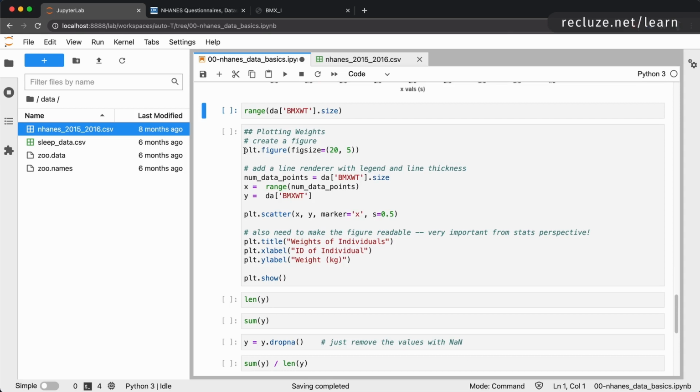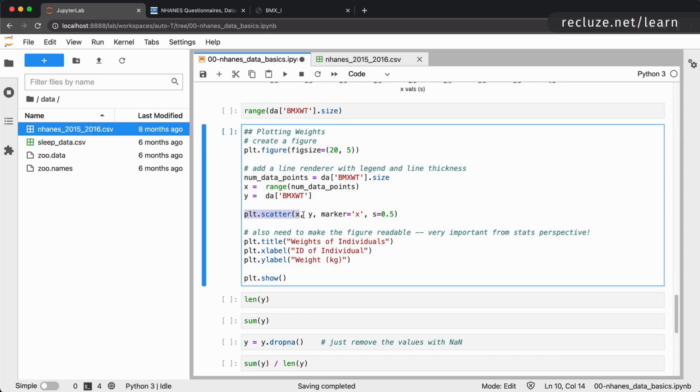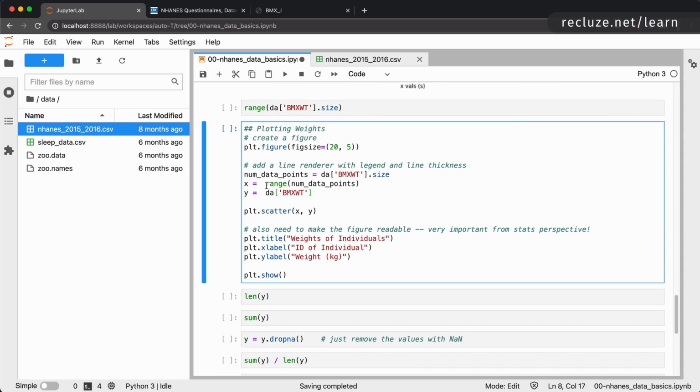So here's the code that creates a scatter plot for us. Recall from the previous video that for a scatter plot, we need an x and a y. So we are going to do plt.scatter. We are going to give it an x and a y. Let's get rid of this for a minute. So we are going to create a scatter plot and give it an x and a y. So the y-axis is going to be our weights. But what about the x-axis? The x-axis is simply going to be numbers going from 0 to 5,000 something, right? So person number 0 has this weight, person number 1 has this weight, and so on and so forth, right? So in order to do that, we need values going from 0 to however many people there are, right?